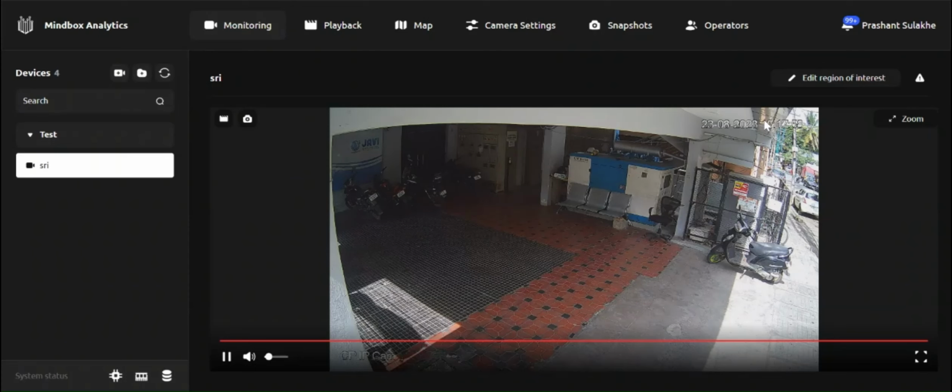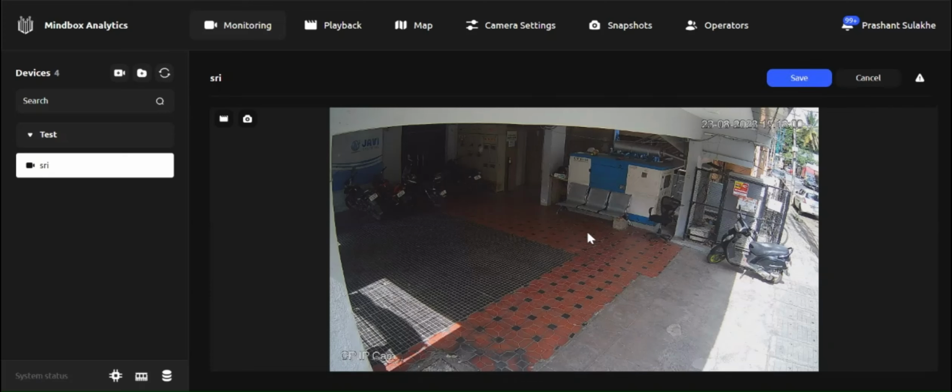Now you can also add your region of interest so that you can get notifications of events in that specific area. You just have to right click on the screen and create new ROI. Now drag your angle of where you need the recording to take place. As you can see, I have created a space for which I need the ROI.